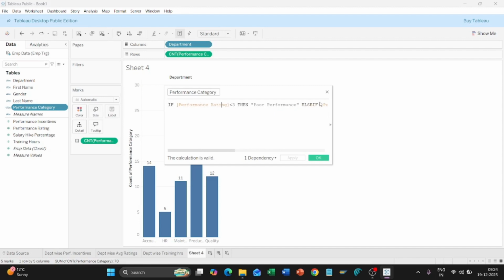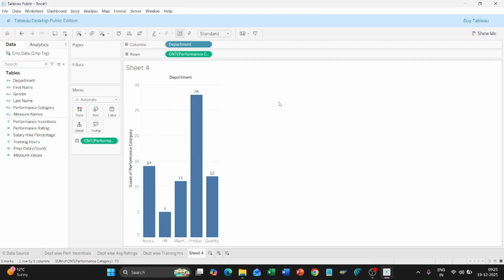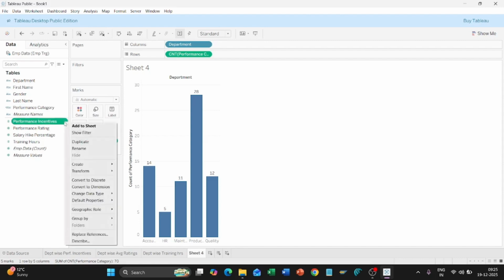If performance rating less than 3, then poor performance. Else if performance rating is equal to 3, then average performance. Else it should be good performance. Good performance, and apply and OK. So you have come to know now, when you make a calculated field and when you realize there is some mistake, how to change it by clicking on the small arrow,